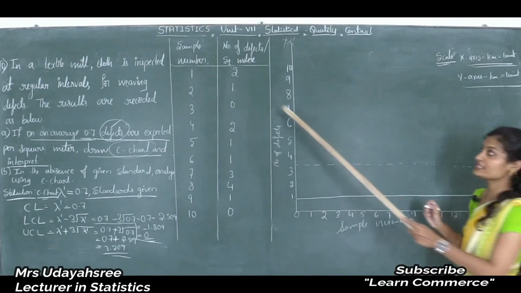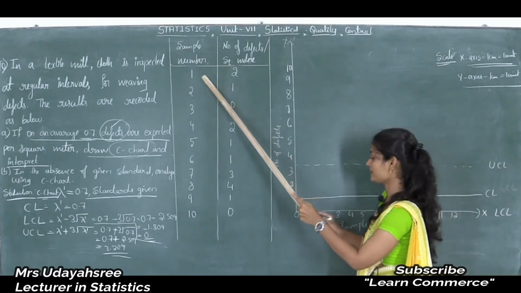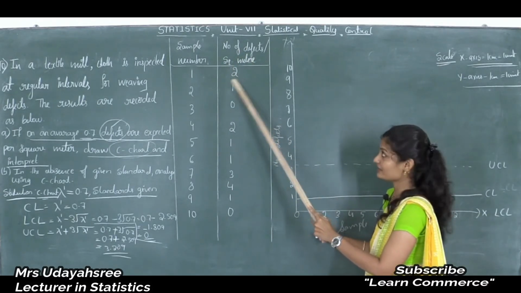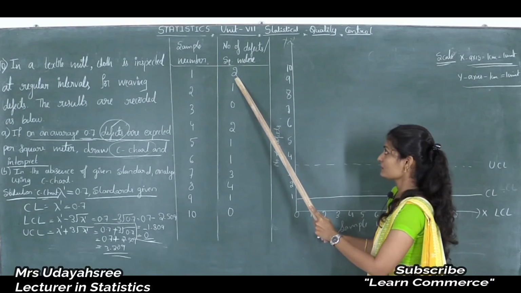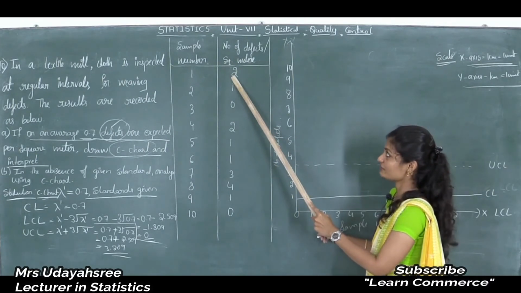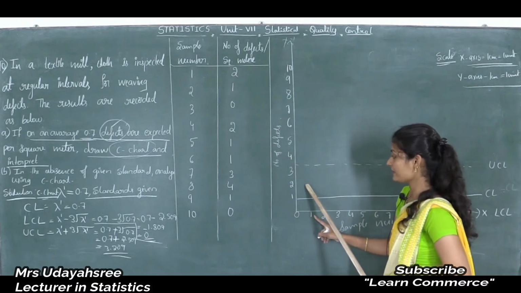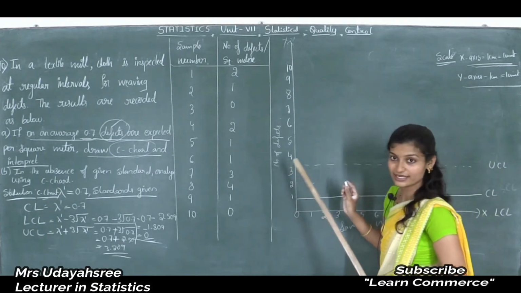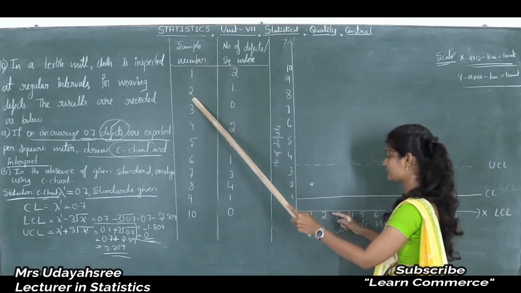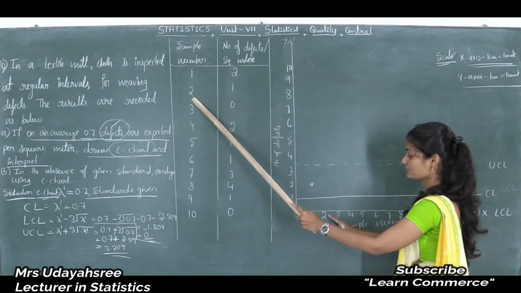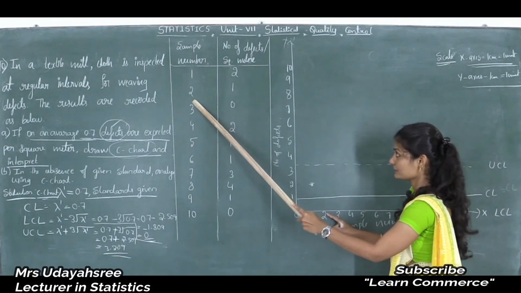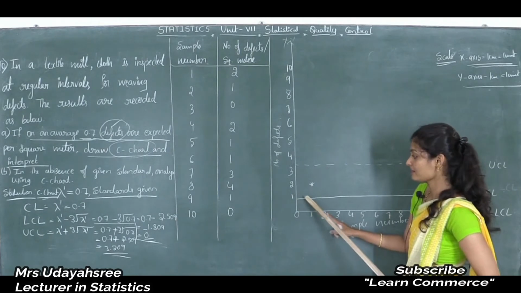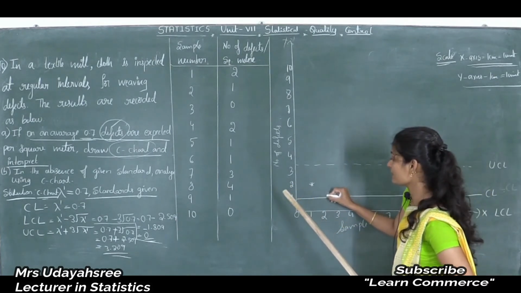Okay, now I will plot these points on this graph. The first sample number is 1. So sample number 1 is here. Next, number of defects. For this one, the corresponding number of defect value is 2. So 2 is here. The corresponding place is here. Here I will put one point like this. Next, sample number is 2. So this is sample numbers, isn't it? So here the x axis is along with sample number. So sample number 2 is here. That corresponding number of defect 1 is here. So that corresponding place is here. Here I will put one mark like this.